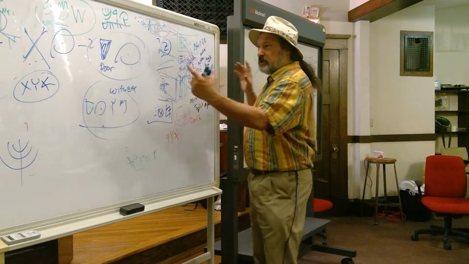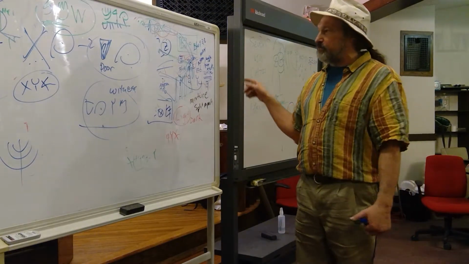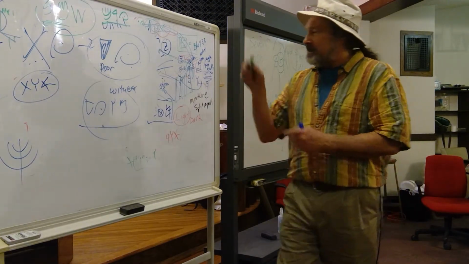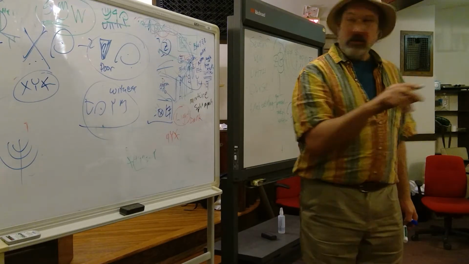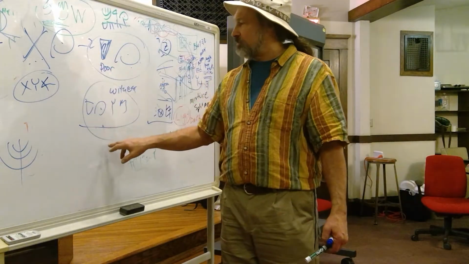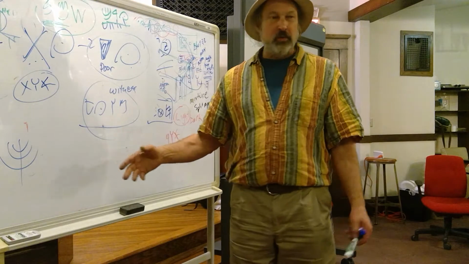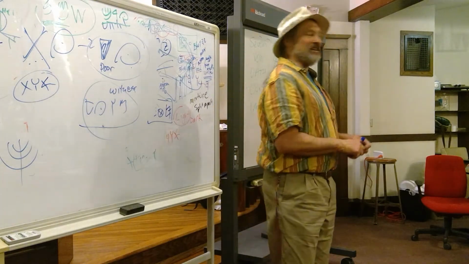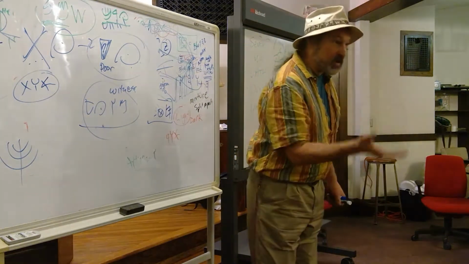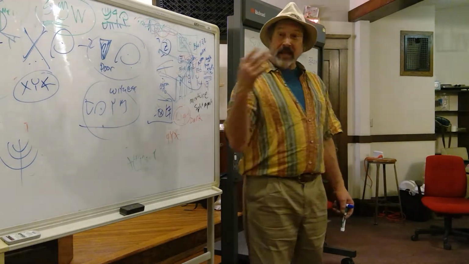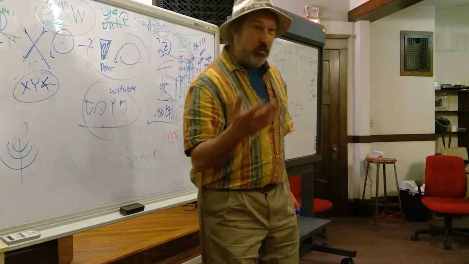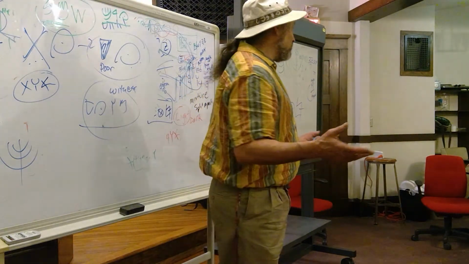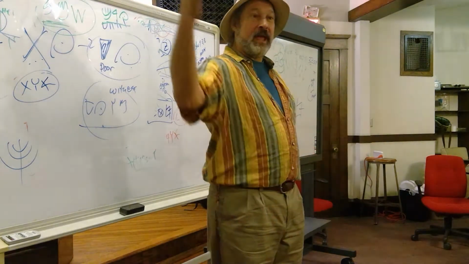So everything I've just tried to articulate here with a certain degree of proof is to say, okay, Daniel, hide the words and seal the book until the time of Kuf Zadi, the end. So you think, oh, that's the end of the world. It doesn't say the end of the world. Until the end of something. The end of the diaspora, the end of the curse, the end of the coma that we've been under, the end of the delusion, the end of the lies, the end of the overlording